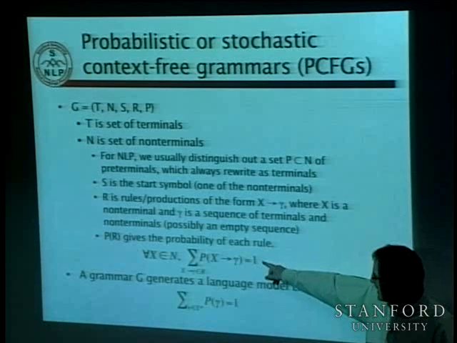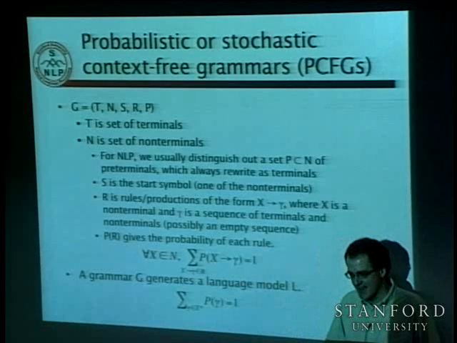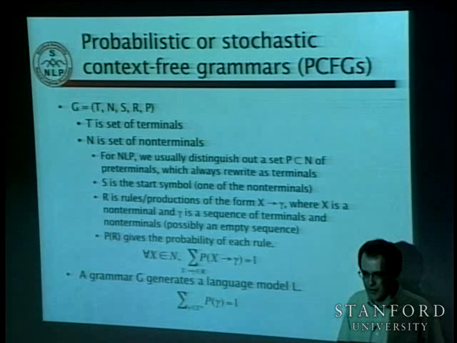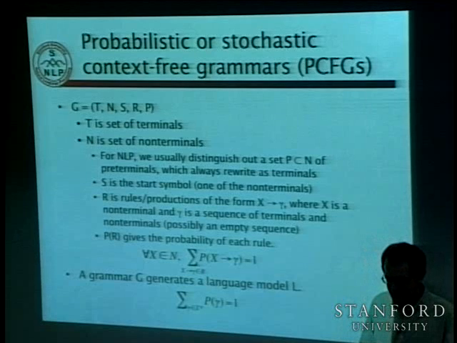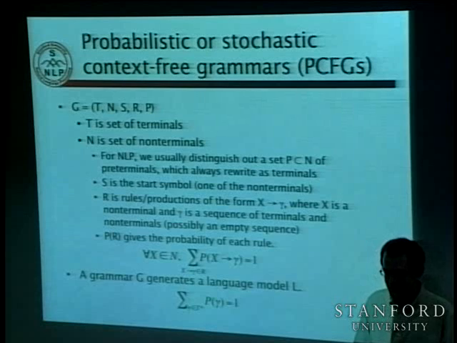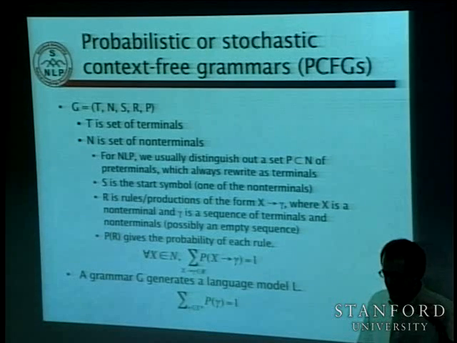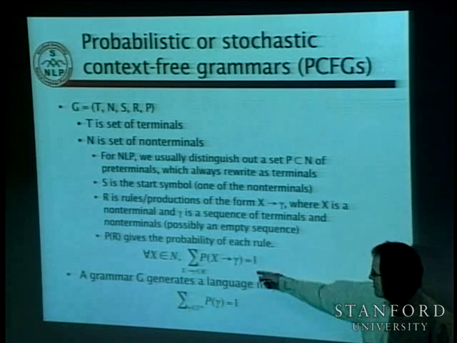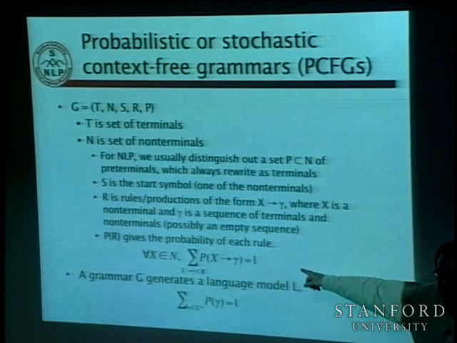So the property that we have for these probabilities is you have some category like, say, verb phrase, and the probabilities of all of the ways of rewriting verb phrase add up to 1. So we might have verb phrase goes to verb, intransitive; verb phrase goes to verb, noun phrase, transitive; verb phrase goes to verb, noun phrase, prepositional phrase. We saw those, and you take all of those rules for rewriting verb phrase, and the sum of their probabilities will add up to 1. And if we say no more than that,